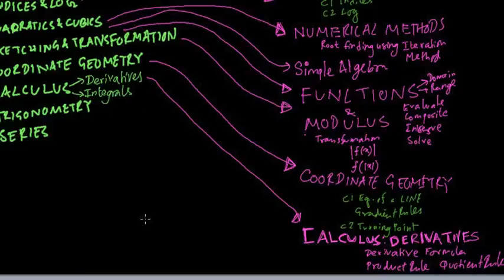C3. So I told you that calculus was the most important topic, the biggest topic, and all the formulas are here. So there will be quite a number of questions on calculus, and one of the concepts that we have in derivatives is the concept of implicit differentiation, which is often given in C4. So this is a question that comes in C3, but it is actually given in C4. Implicit differentiation is where you have x and y mixed together. Usually we have an explicit equation where y equals something in terms of x, but in implicit differentiation, x and y are mixed together. So this is the derivative that you have to find,